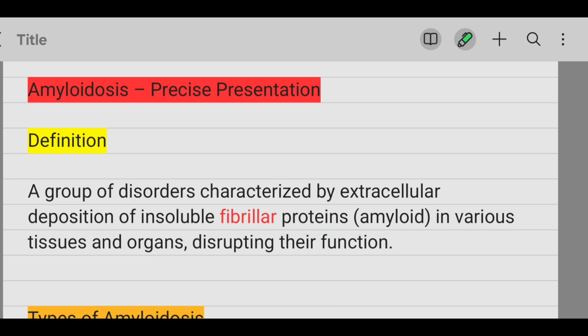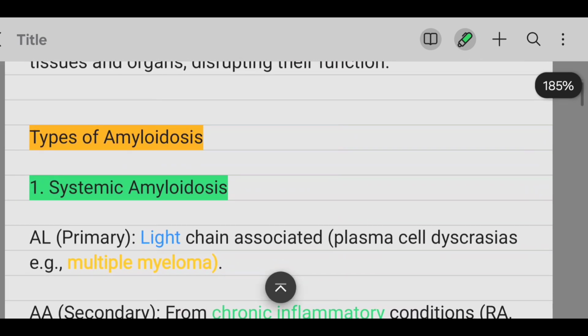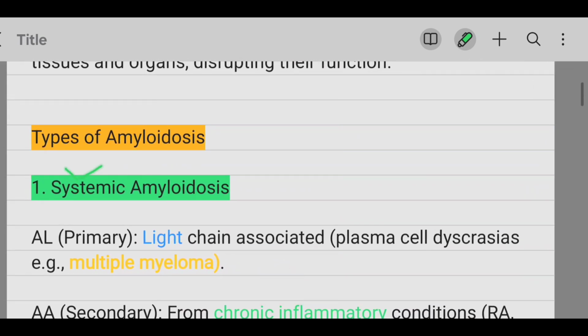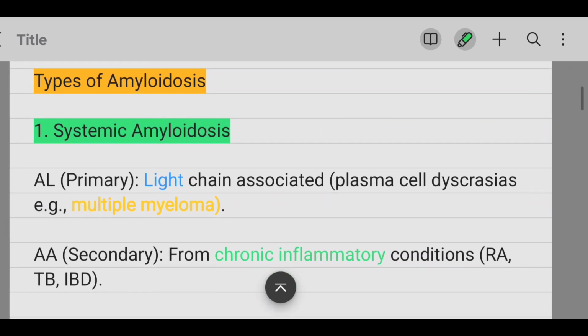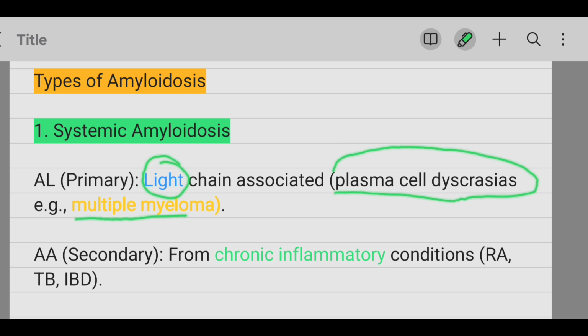So what are the types of amyloidosis? Amyloidosis has two main types. First one is systemic and the next one is localized. So systemic is further subdivided into different categories like AL, that is primary amyloidosis. In this case there are deposition of the light chains and is mostly associated with plasma cell dyscrasias like multiple myeloma. In multiple myeloma,